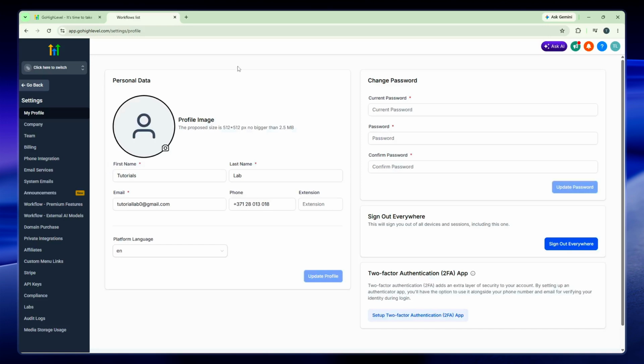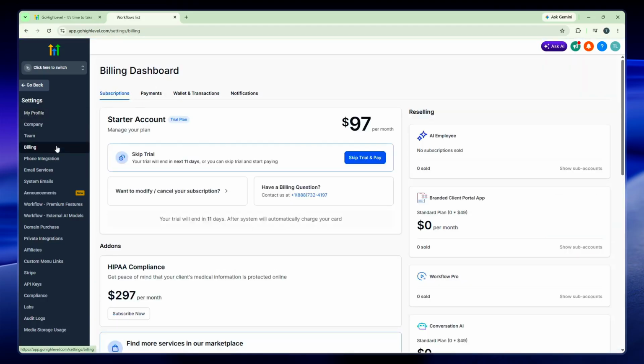Within the settings menu, you'll see another navigation panel on the left side. From this list, locate and click on billing. This section houses all your subscription details, payment history, and plan management options, making it the central hub for any